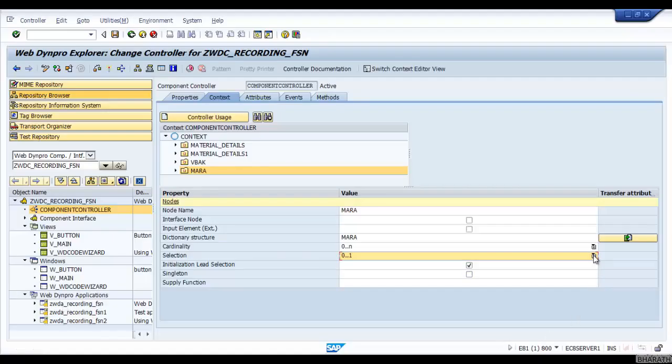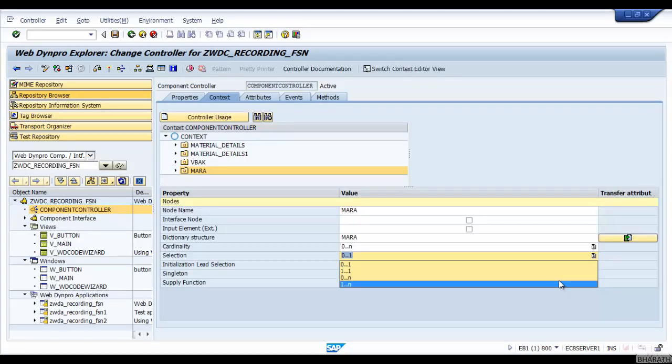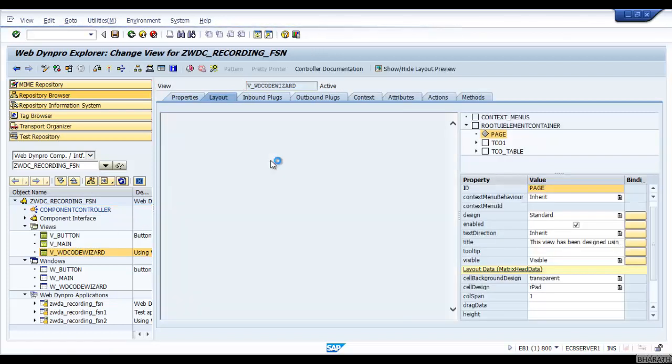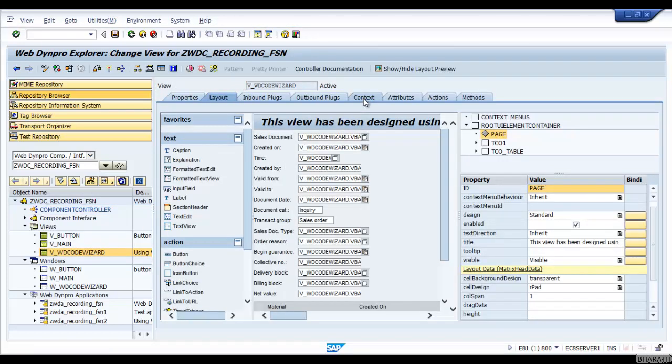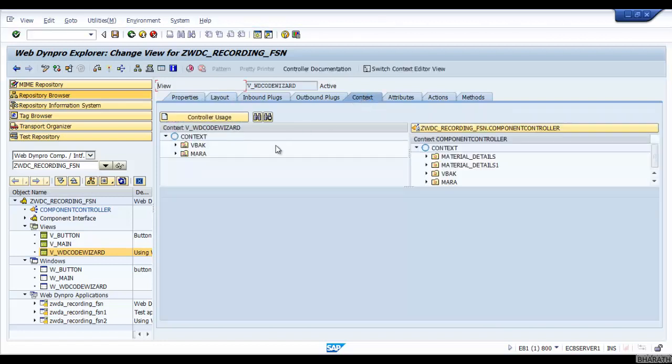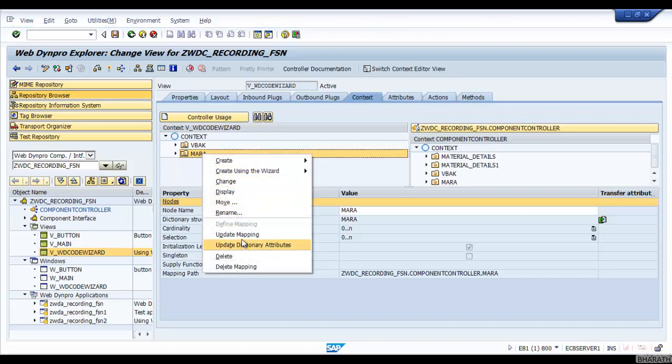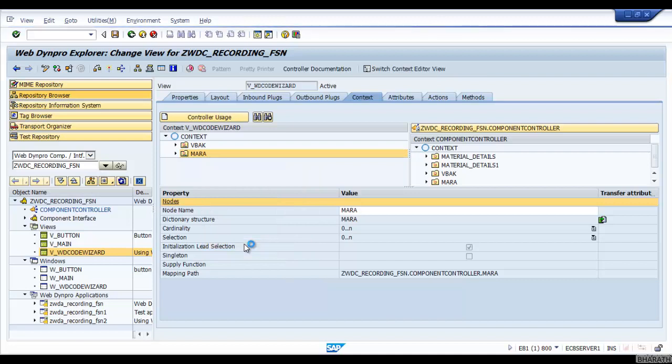Now change the selection cardinality to 0 to n. Save it. And now go to the Webdynpro Code Wizard. Whenever you change the properties of the context node, wherever it has been used, come there and right click on it, and click on update dictionary attributes.